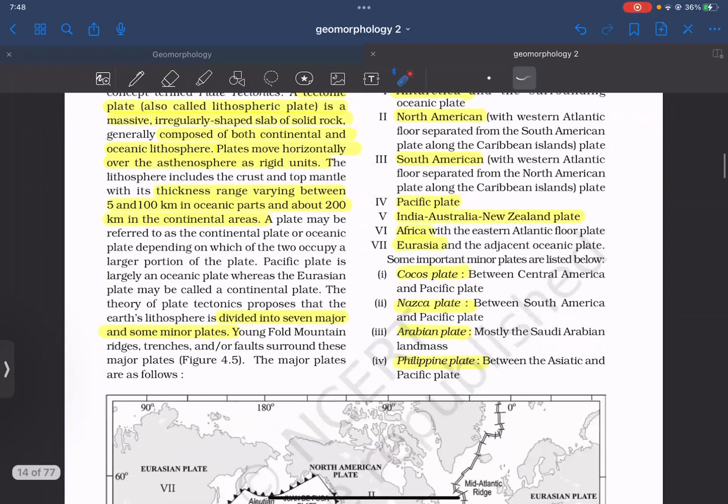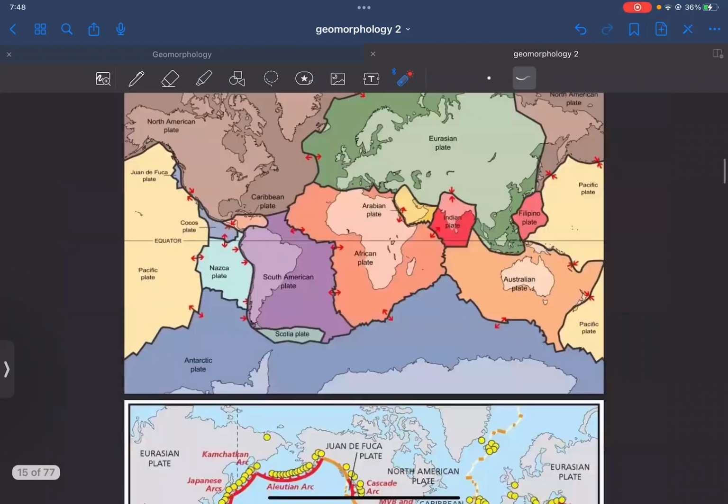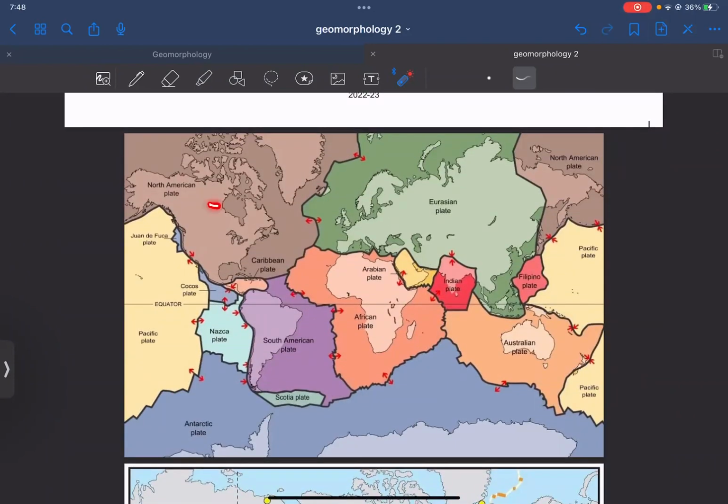The whole Earth is divided into 7 major plates. The North American plate consists of both a continental and an oceanic part, where the oceanic part is the Atlantic Ocean. The Eurasian plate consists of a continental part and the oceanic part of the Atlantic Ocean, and some Pacific Ocean part also. Right? And the North American plate also has some part of the Pacific Ocean. Just keep that in mind. Then we have